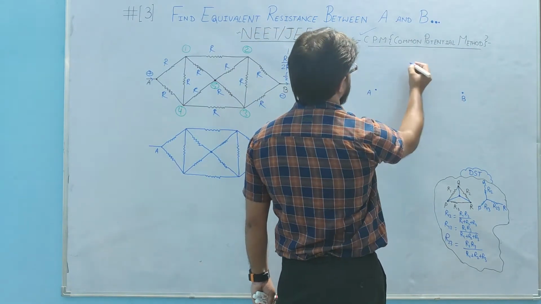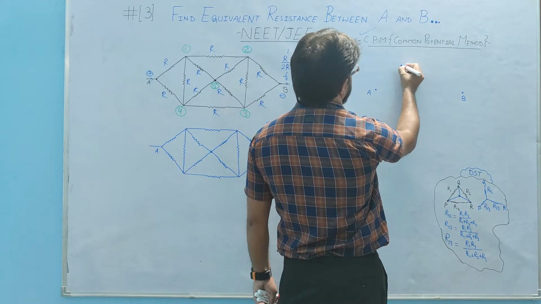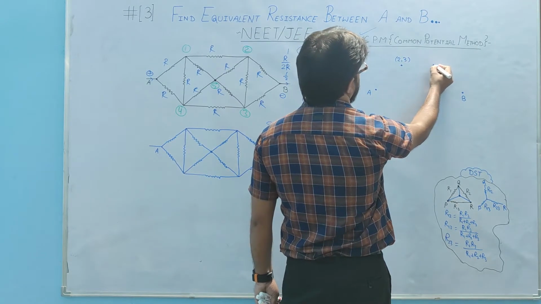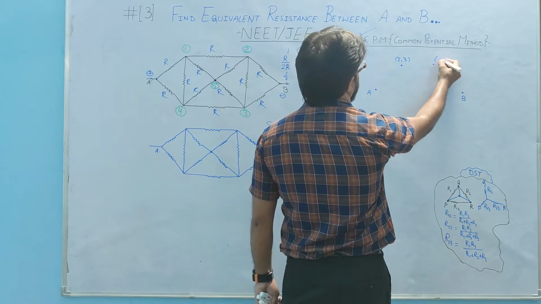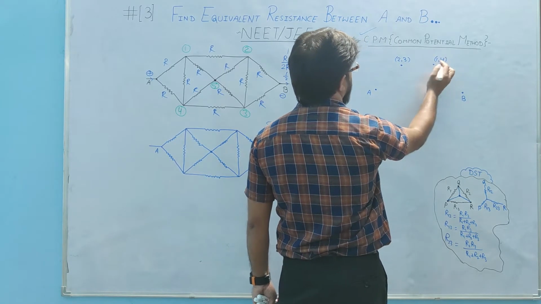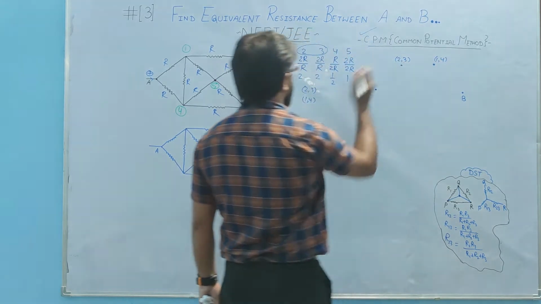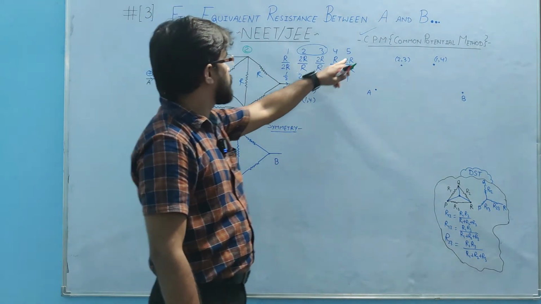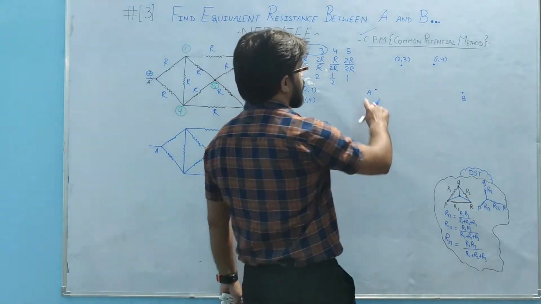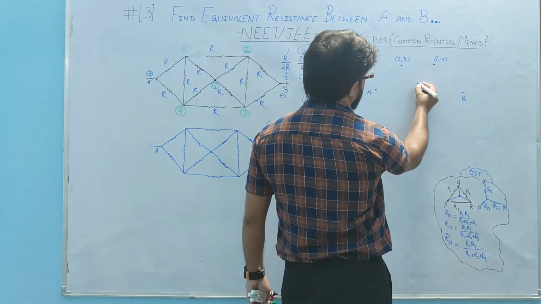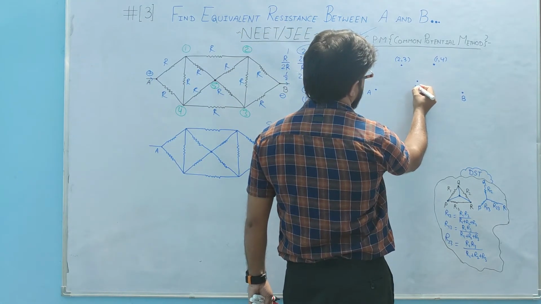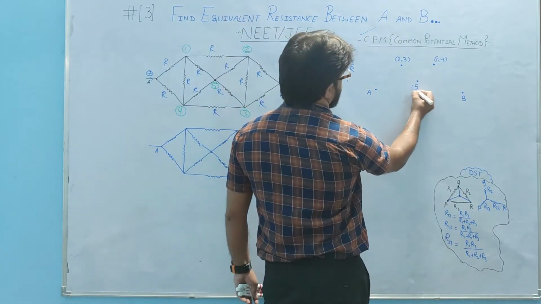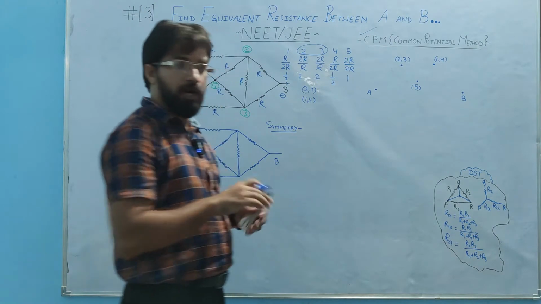So I am taking 2, 3 here, and taking 1 and 4 here. This is point 1 by 1 and 4, and this is 2 and 3. One more point was there, 5, which can be anywhere other than these 4 points. Suppose I am drawing this point 5 here. Okay. Now start connecting.